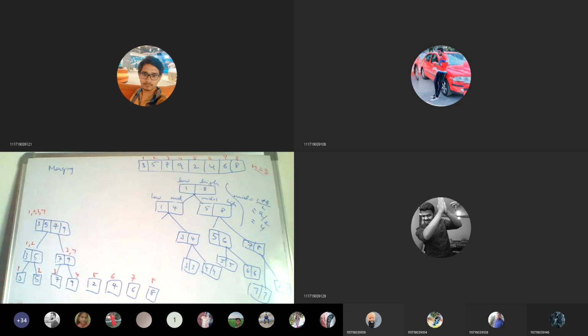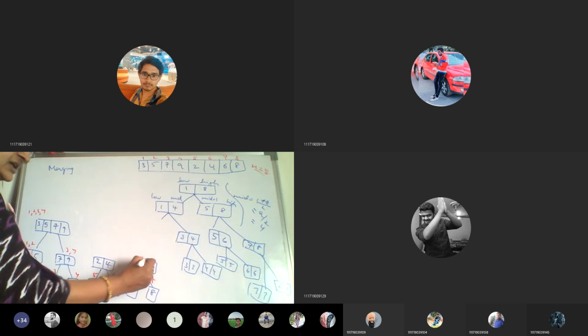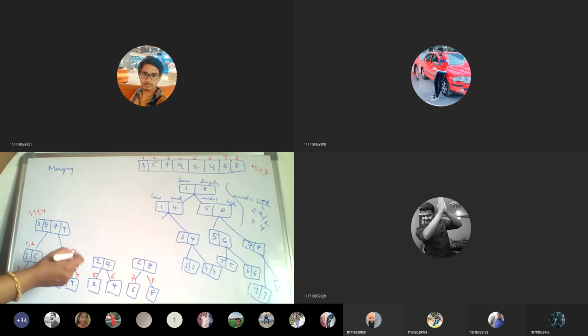That is a small problem, we say. Individually they are sorted. When low is equal to high, that means it's a single element only. When low is less than high, there is more than one element, and that we consider a big problem. Now among 2 and 4, when we sort this, whichever is smaller will occupy the output array first, and the remaining one will follow. Similarly among 6 and 8, 6 is smaller, so 6 will be copied.